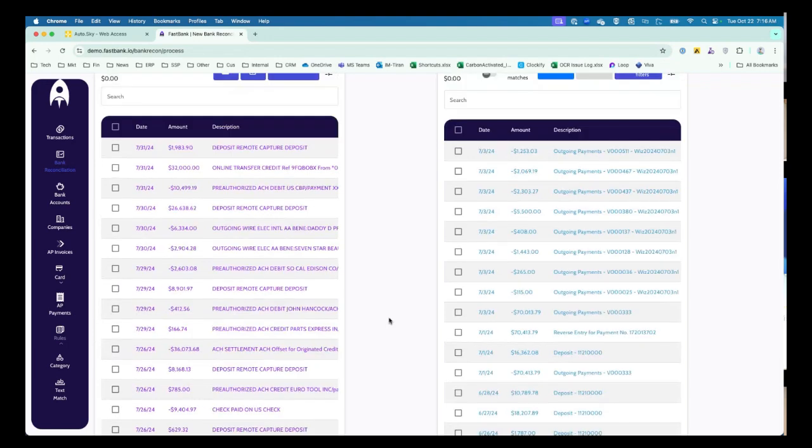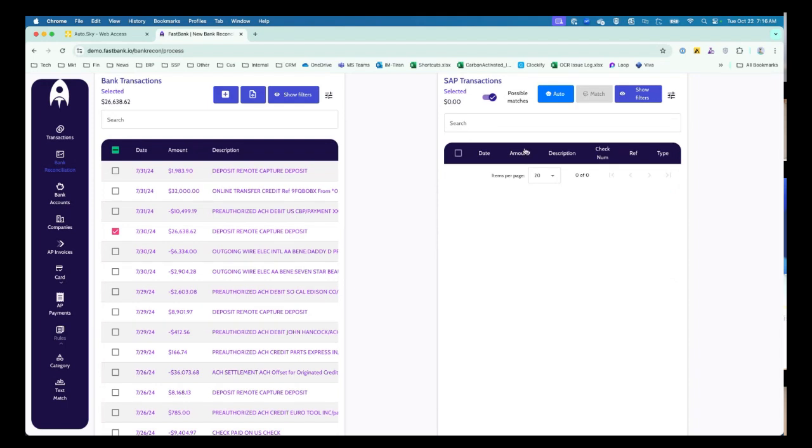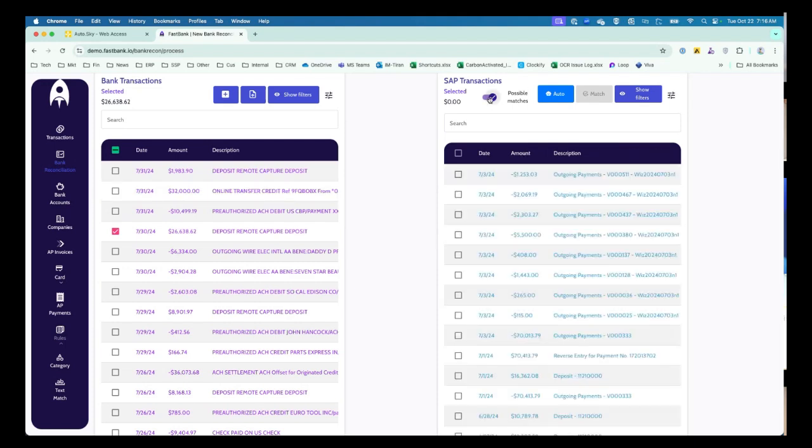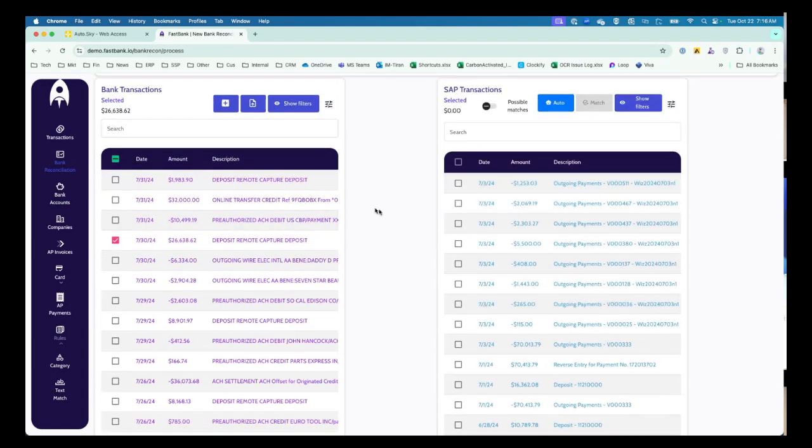And also, let's say I wanted to go and reconcile this 26,000. I need to look for that here, or I can search here, and I have something called possible matches. If there's a possible match, it will show you for that amount. You see what I'm saying? Right now, I don't have it. This might be a combination of multiple transactions. You need to say, hey, you know what? I did 430 for 630. I need to look at the total, right? That's the only thing I can tell you.